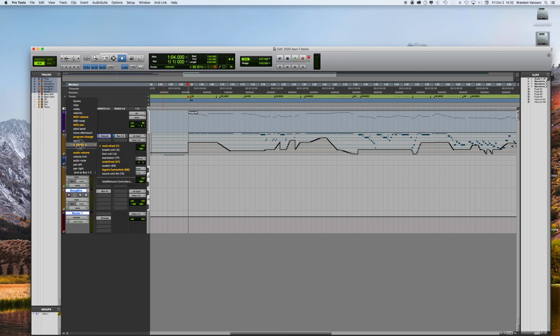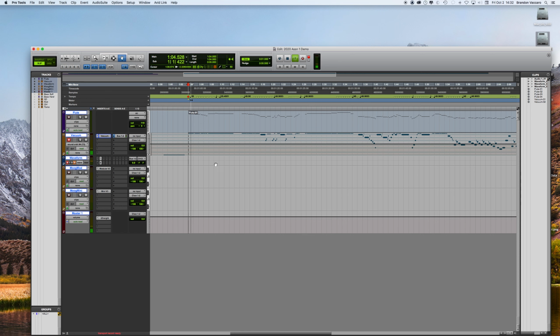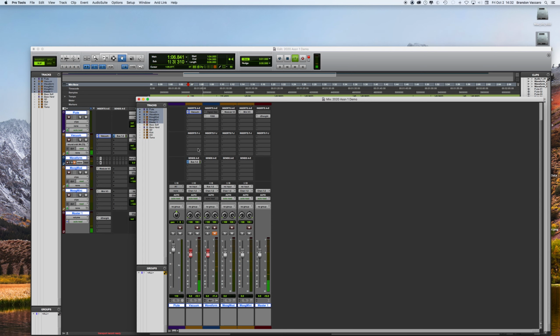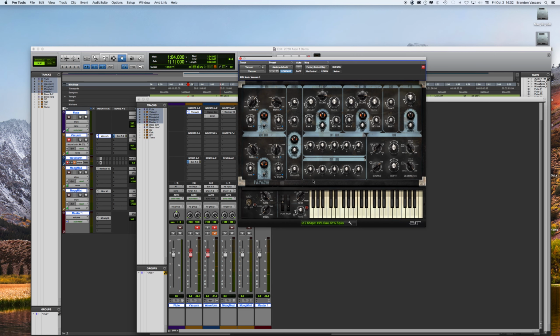Now I can go through and modify any of those parameters over time. So let's say maybe early on I decide I want to change my attack, or I decide I want to change the cutoff for the filters, or I want to change the resonance over time. Any of those are parameters that I can now automate. But as you found, we don't really have to necessarily do a ton of automation if we've got our stuff set correctly. If we've gone through and got a sound that responds to velocity,